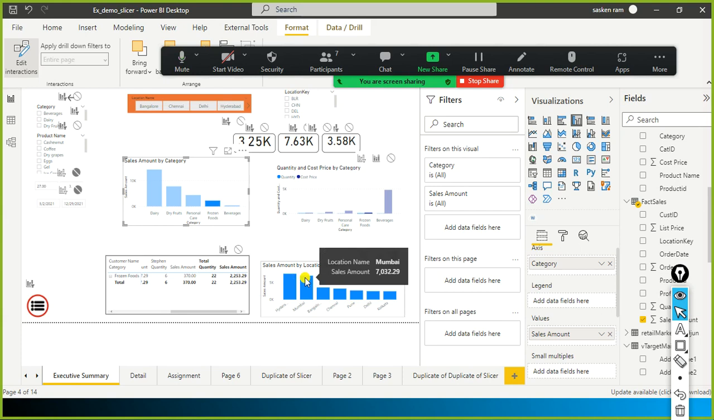So this is what the edit interaction is, using which we can control the interaction of the visuals in your report page. And next what we will do is jump into another topic called Power BI cloud service. So far we discussed about, one second, let me